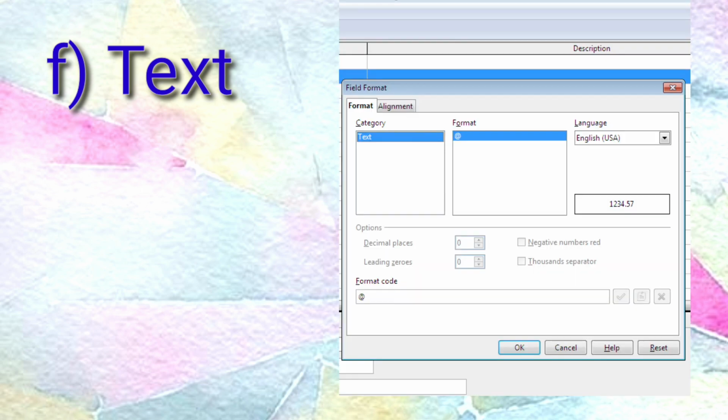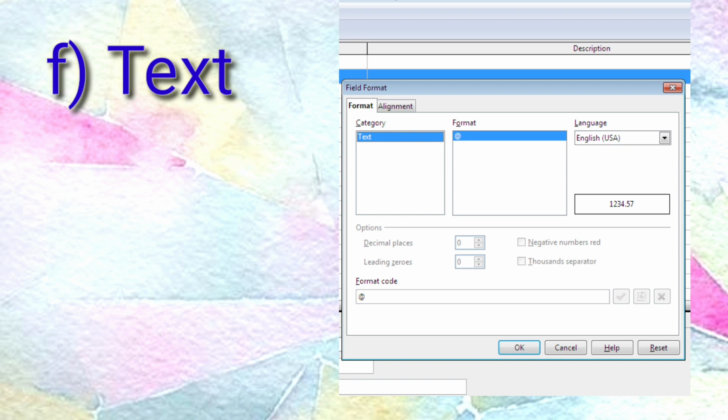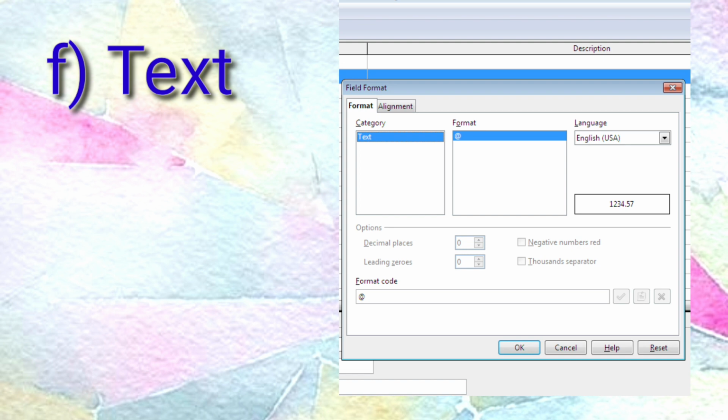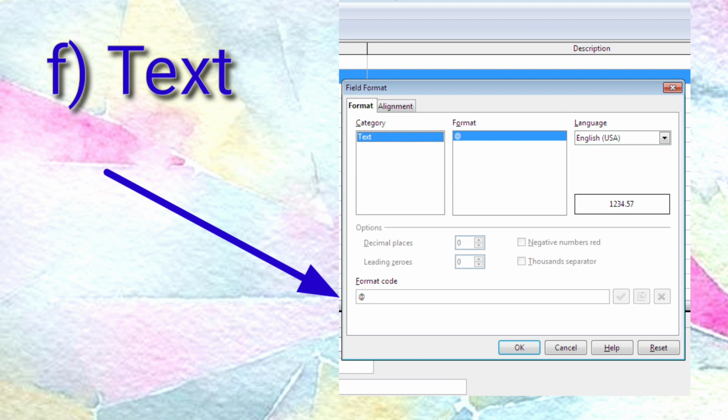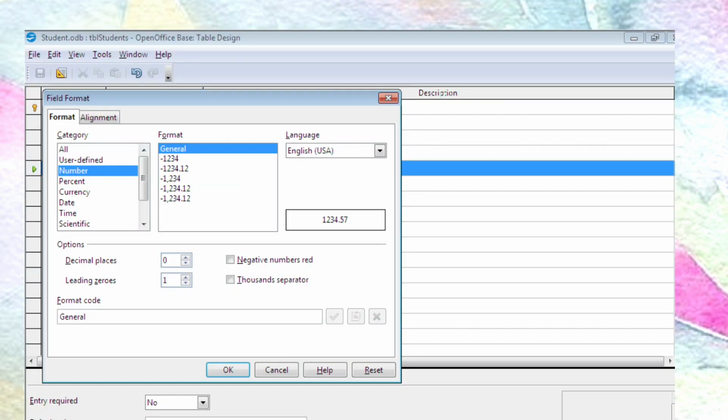Next is text. This format of numbers is used when we need to add some alphabets or some text along with the numbers. In this type of format, we need to specify the text which would be added along with its placement, that means either before or after the text. The placement of the numbers is specified through the @ sign. So these were all various variations and formats for the numeric data.